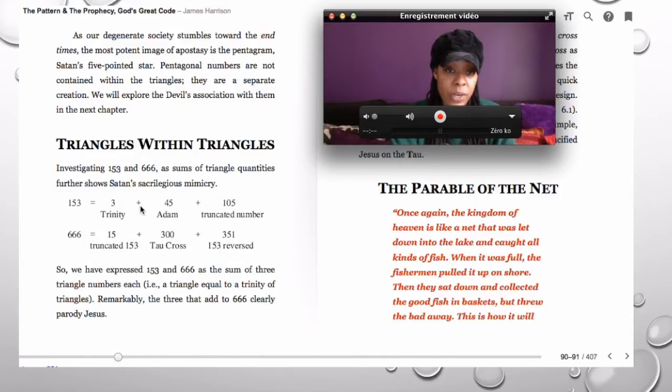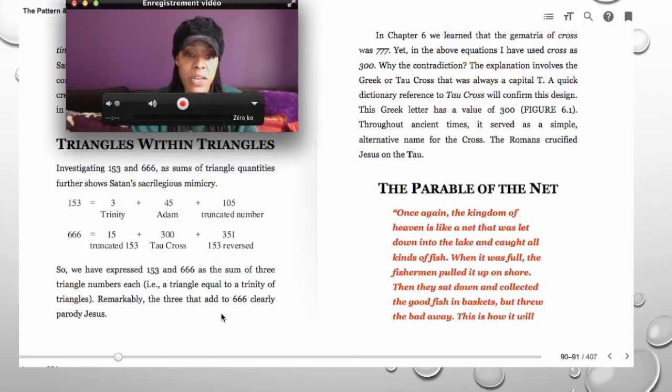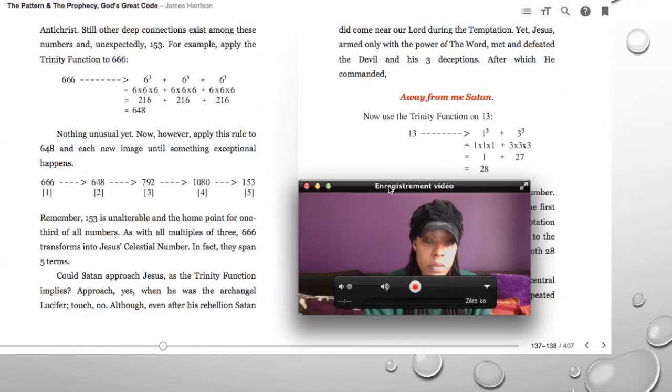So what he's doing is he's showing how every triangle number represents something and it means something, and he's showing how this is like a mimic, sacrilegious mockery of Yahuwah, pretty much. So it's just showing the parody of the 666 and how it tries to parody the 153. Okay,